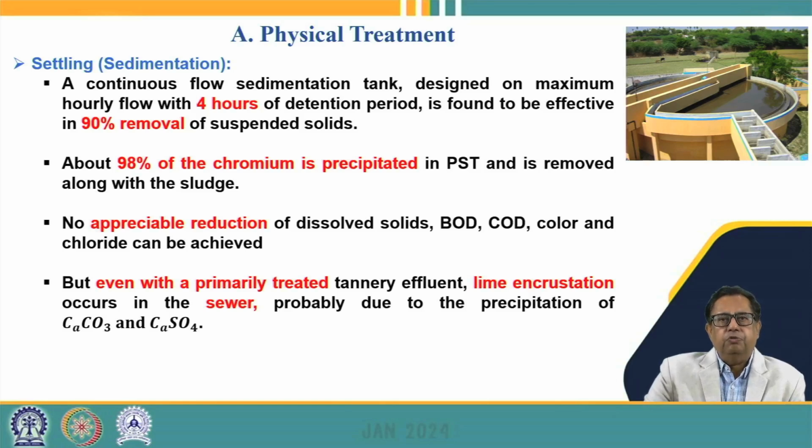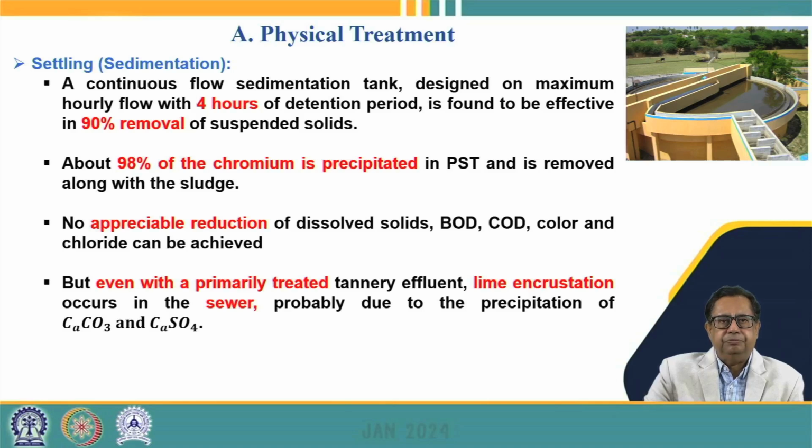Similarly, 98% of chromium can also be precipitated in the primary sedimentation tank, and it basically comes out with the sludge, because we know that a lot of lime may be present in the wastewater. This may react with the chromium 3 salts present in the wastewater and lead to the formation of chromium hydroxide. Ultimately this chromium hydroxide can settle down as precipitate, and this may also come along with the primary